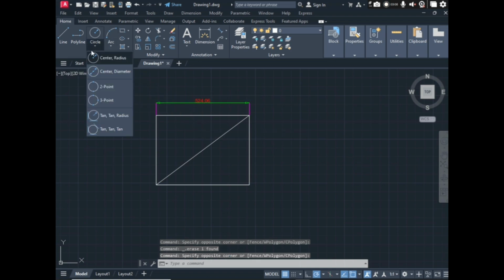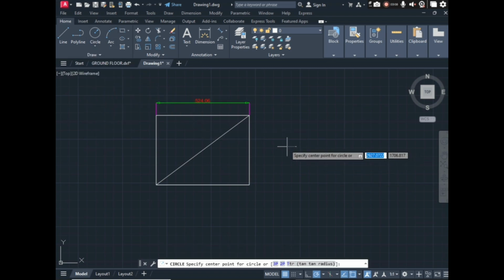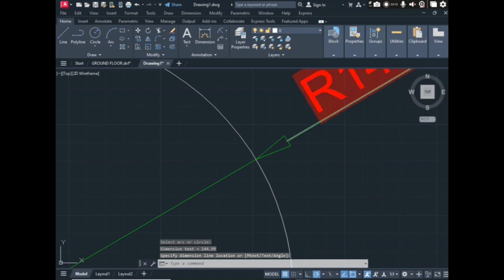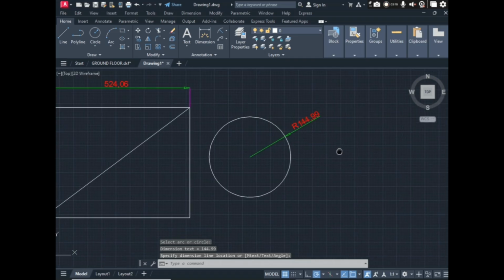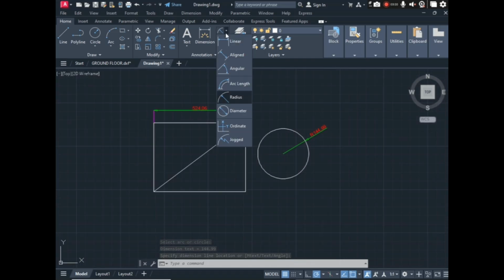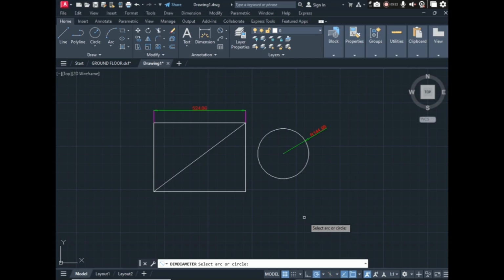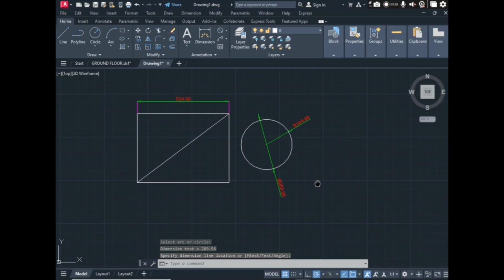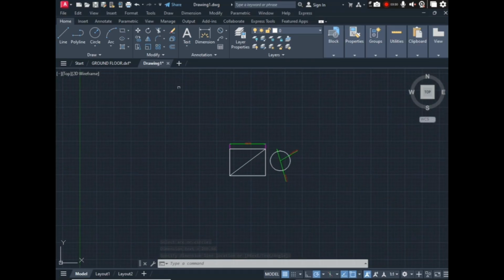Okay, leader, you can see the leader in a circle like radius. See this. This is leader, and diameter. Understand? Now what was remaining,